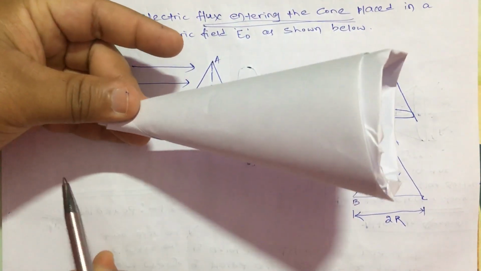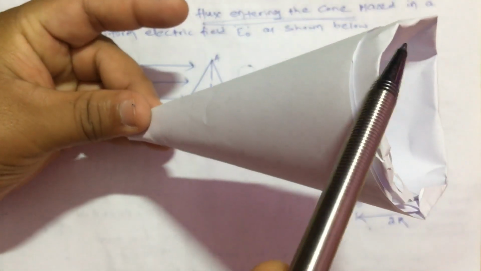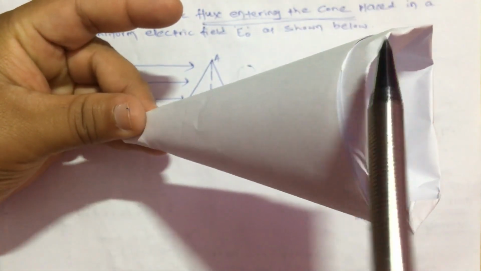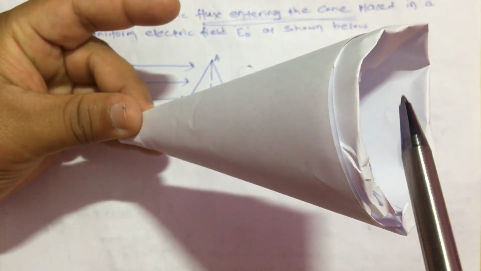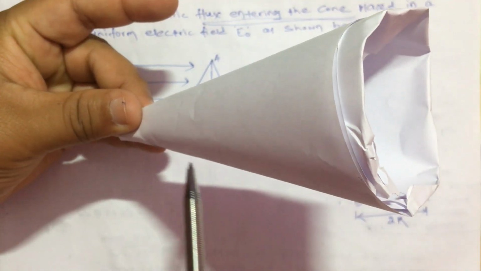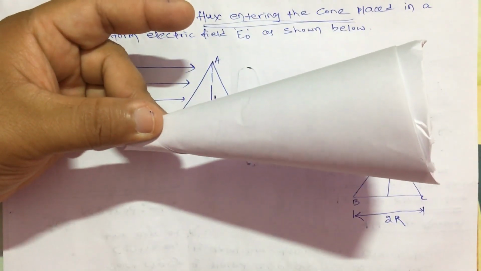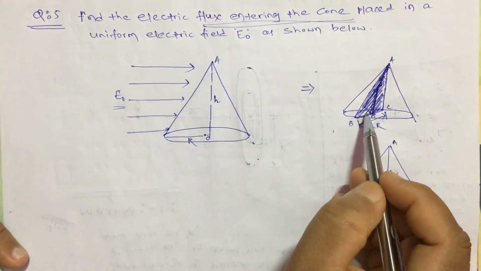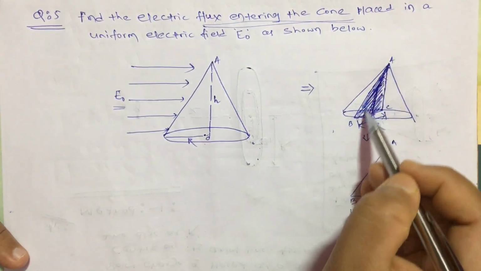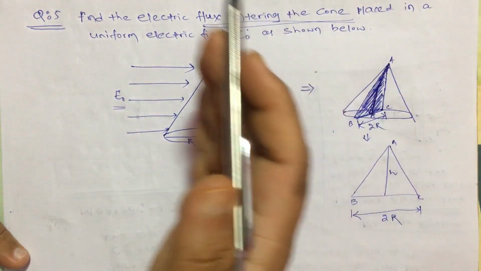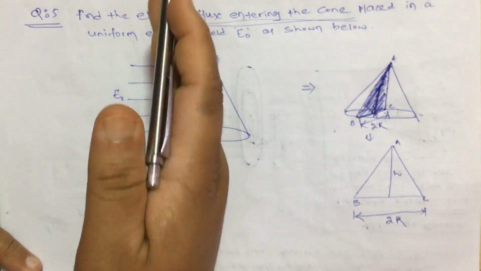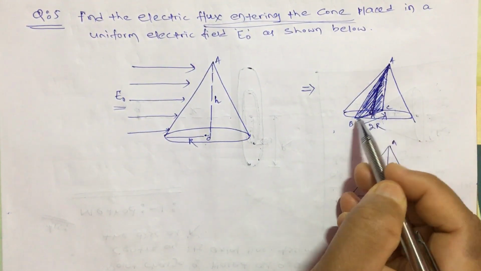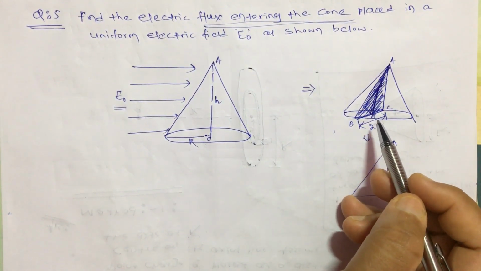Which triangle? A triangle that comes like this, passing through the center and again coming like this. Is it clear? The triangle is this triangle, again it is coming like this and like this. So here the projected area is actually not this triangle, it is this triangle. So if you cut this cone, whatever shape you get will be a triangle passing through this center. You have to imagine it, there is no other way you can better understand.